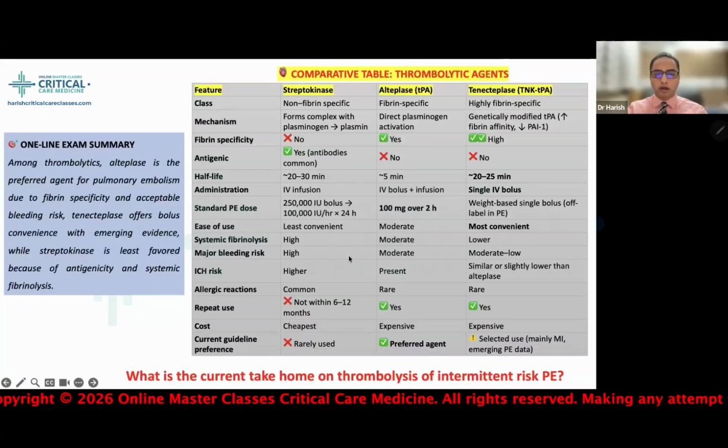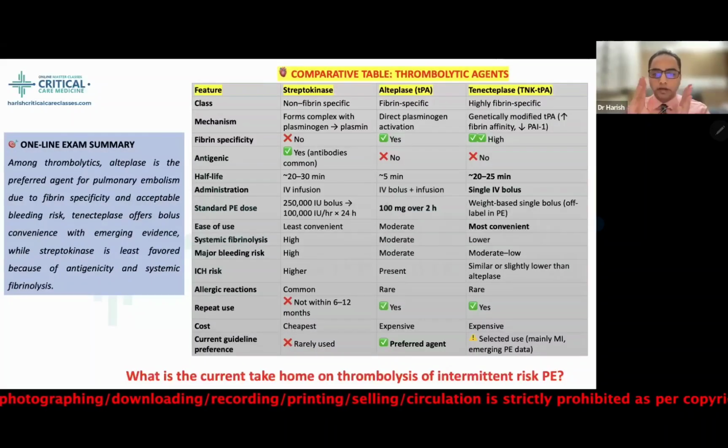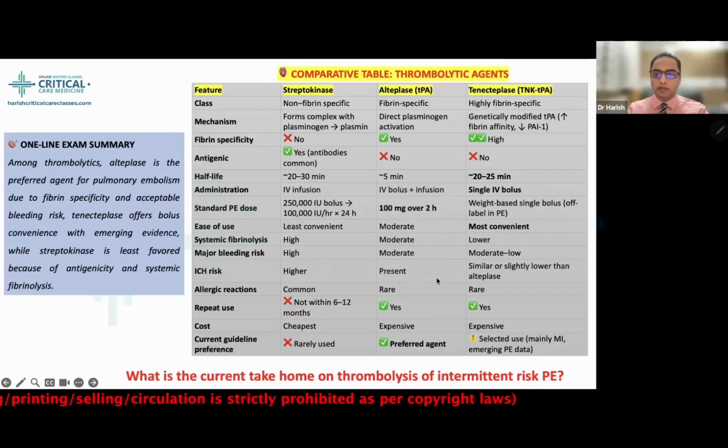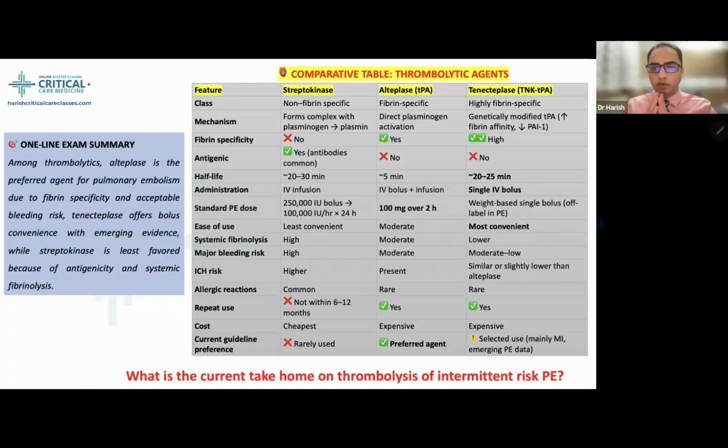So, cost-wise, the cheapest is streptokinase. Both alteplase and tenecteplase are expensive. Current guidelines rarely recommend streptokinase because of its non-specificity, systemic bleeding risk, and bleeding risk inside the brain. So the preferred agent is alteplase. Tenecteplase is selectively used, mainly for MI. There is emerging data in pulmonary embolism for tenecteplase. Even though it is not included in the guidelines, lots of data is emerging on using